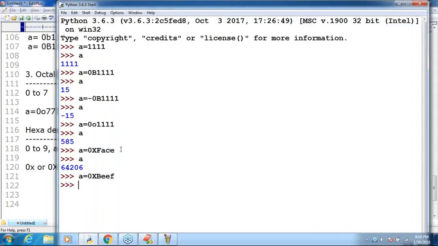What is the problem? If I take a, what is the output we are going to get by default? 48,879, sir. a is equal to